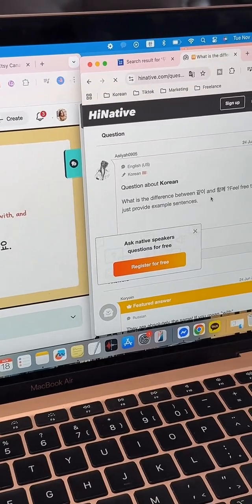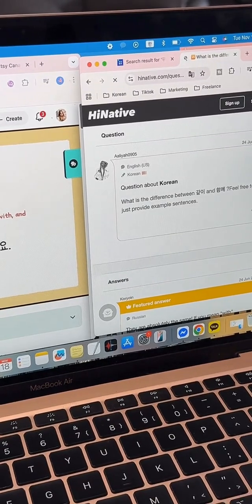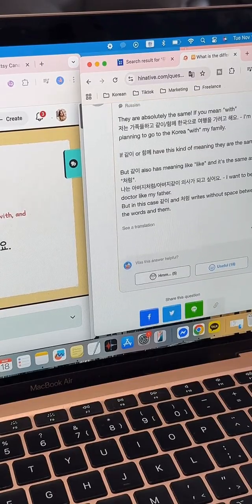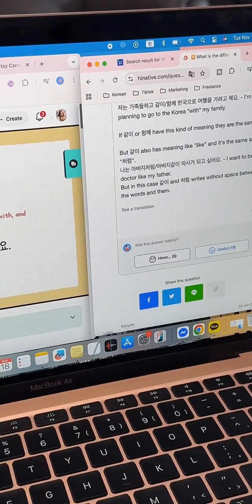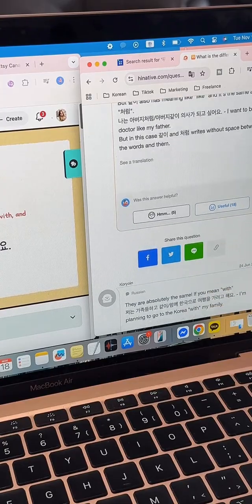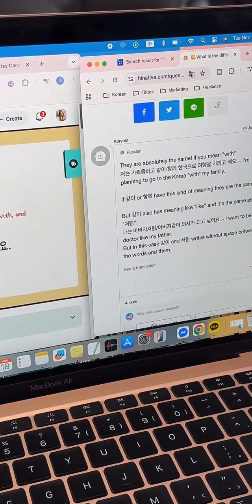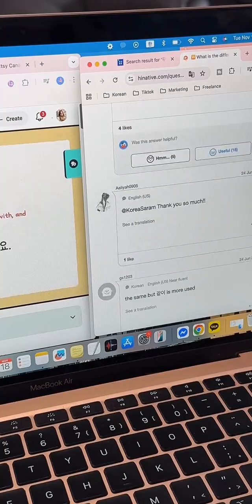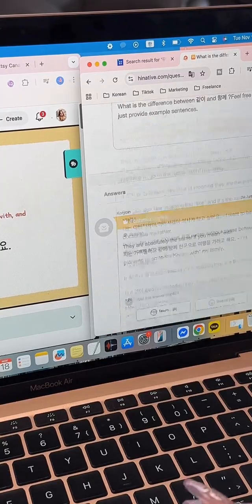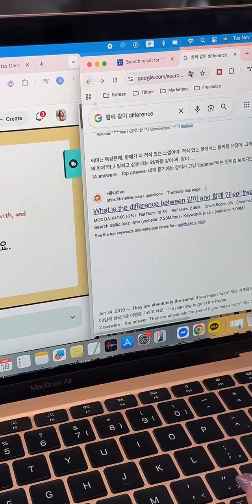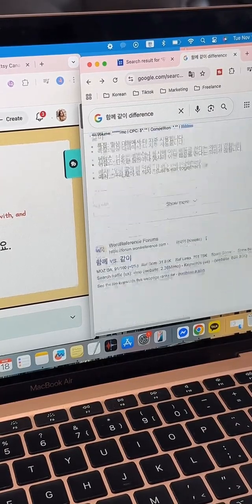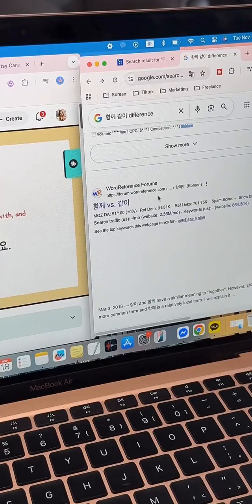Okay, let me show it to you guys. We will see. They're absolutely the same with this kind of meaning. They are the same. 같이. Let's see. There's with. Thank you so much. The same, but 같이 is more used. Okay, yeah, they say it is the same. 같이 is more used, but I feel like 함께 is slightly more formal than 같이. But